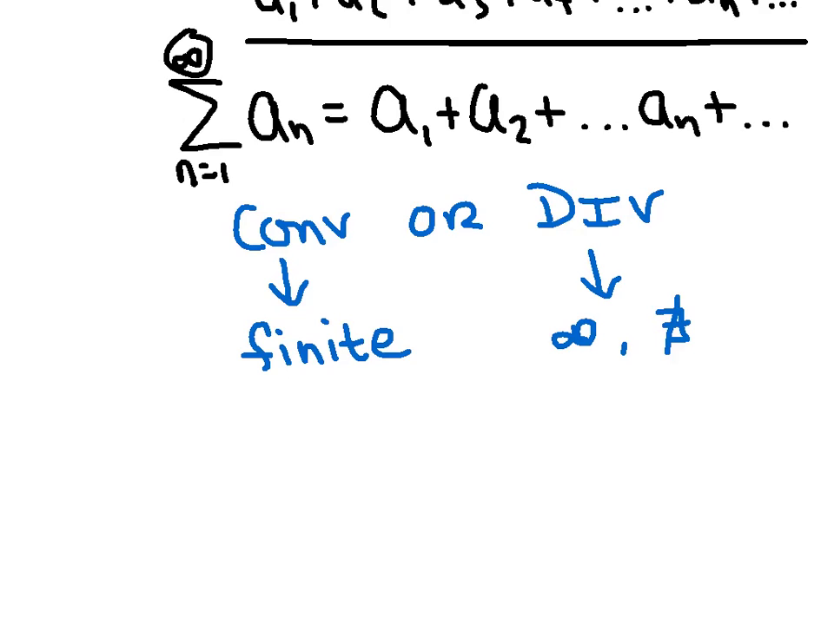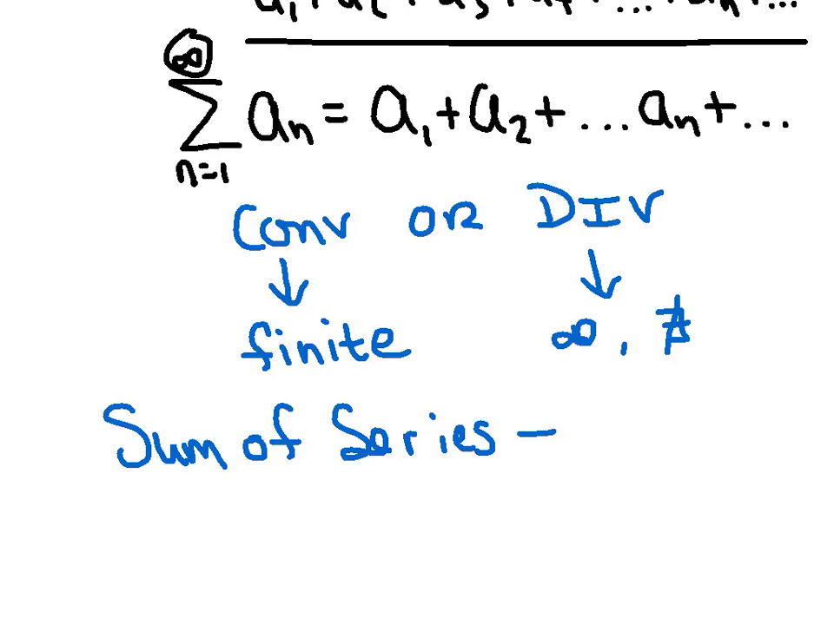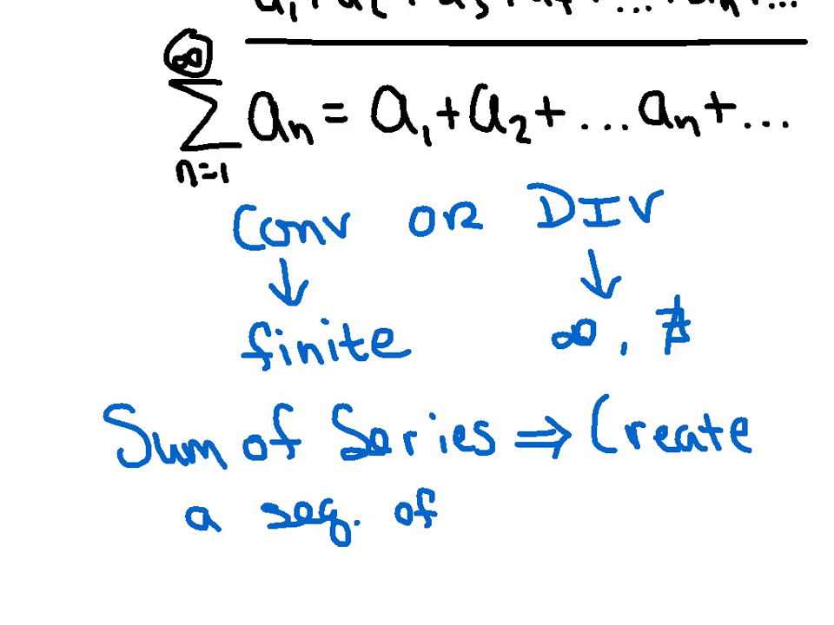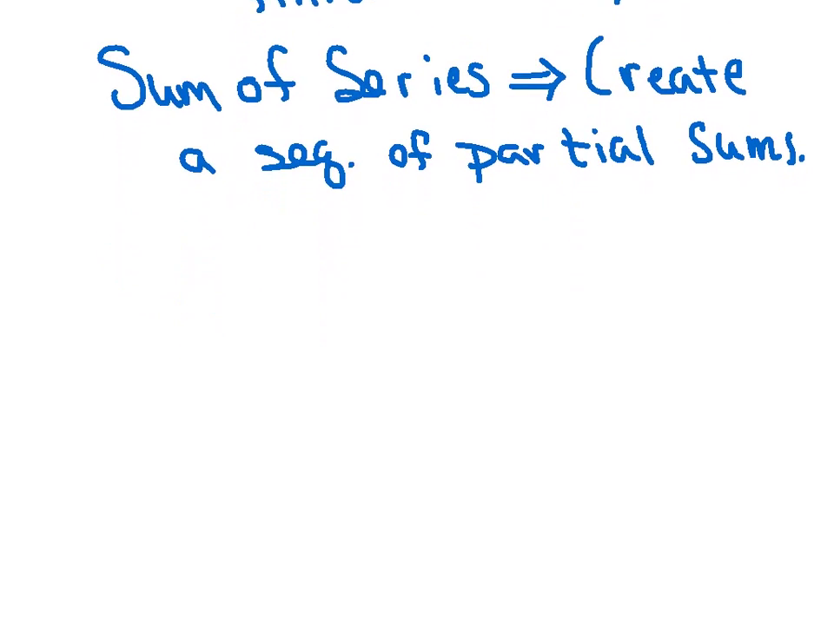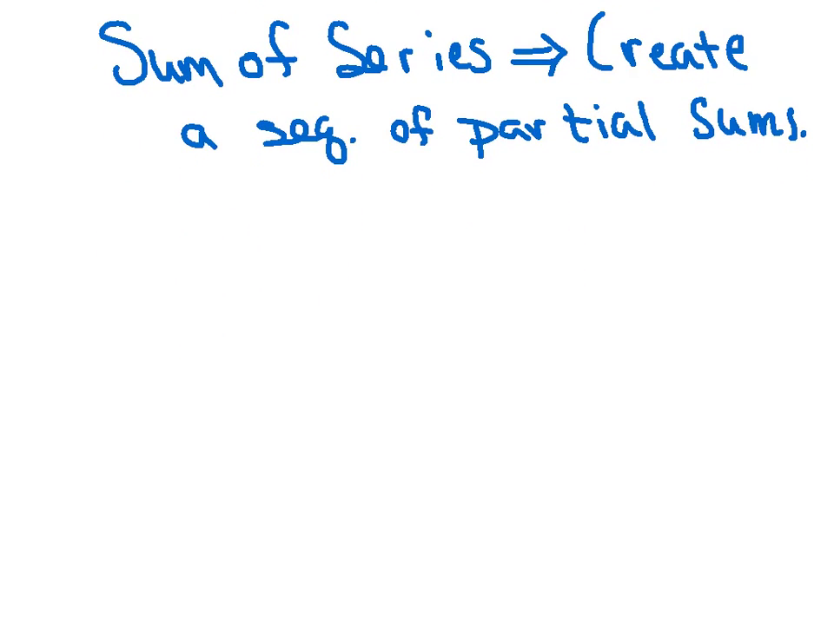Now, as we investigate and try to find the sum of a series, what we're going to do is create a sequence of what we like to call partial sums. That's going to give us a glimpse as to whether a particular series has a chance of converging or not. So, for example,